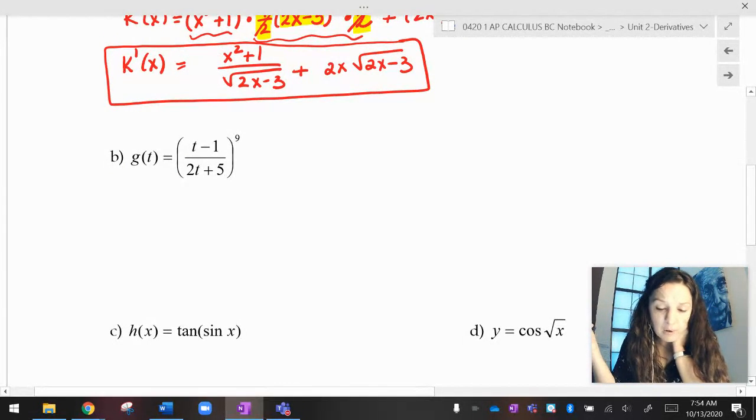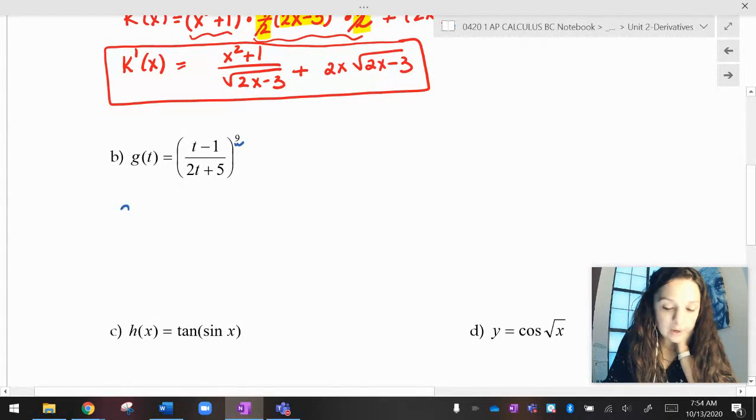All right, now let's do part B here. Part B, I have g of t equals (t minus 1 over 2t plus 5) all raised to the ninth. So if I want to take the derivative of this one, I have a quotient, but that quotient is raised to a power. So my derivative, g prime of t, I wrote x, but I meant t, g prime of t,